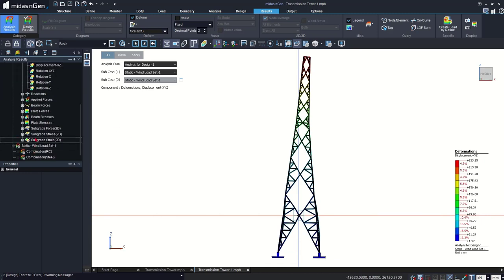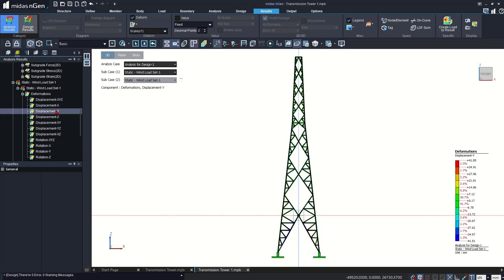This is probably because of the X direction, so you can see it's more deforming in the X direction, and in the Y direction it's not much. Z direction is 13.87. So this is about the wind load output generated by the program for the deformed shape,